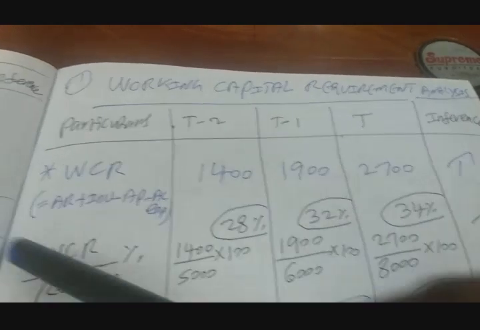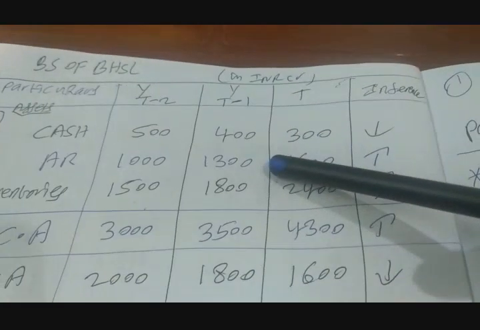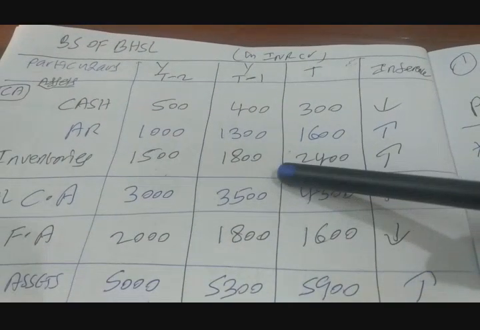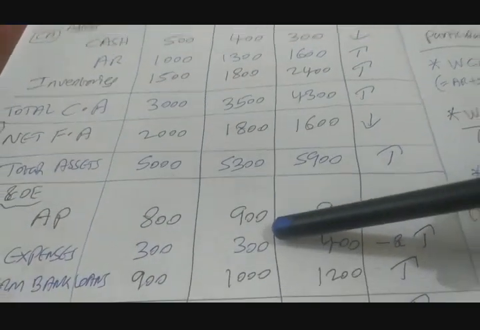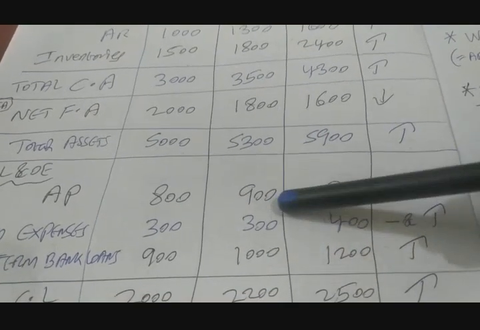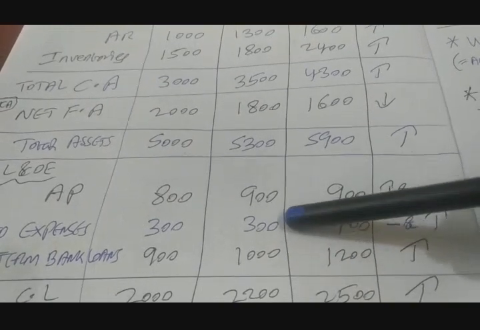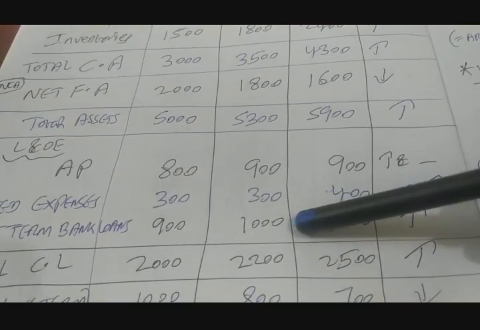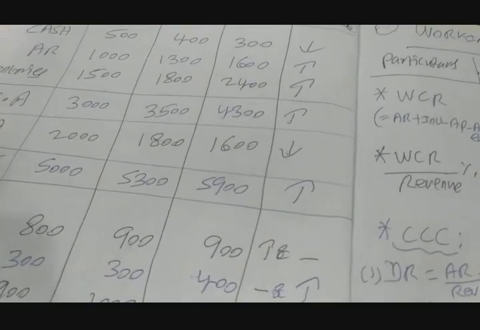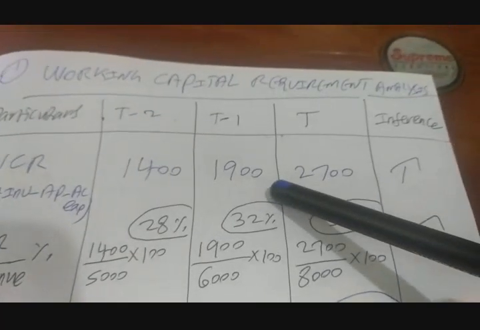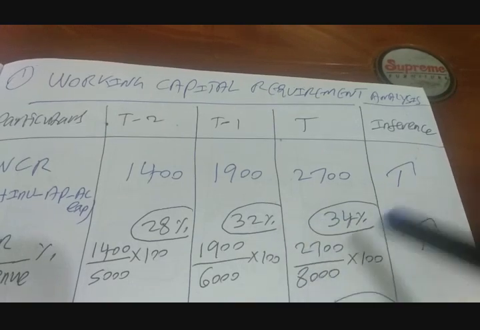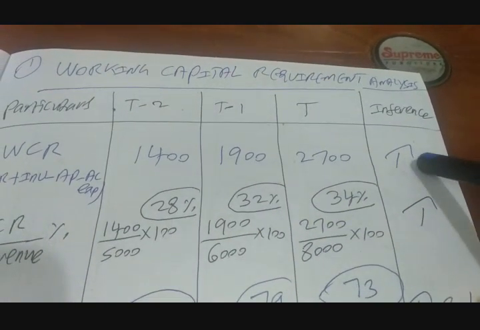So T minus 1, it is going to be accounts receivable 1300 plus inventory 1800. So that means total is 3100, minus accounts payable 900, minus accrued expenses 300. Short term bank loan we should not consider, right? So how much is it? It is going to be 1900. For year T it is 2700. Like that we can compute. So what is happening here is it is increasing year after year, which is not good for the